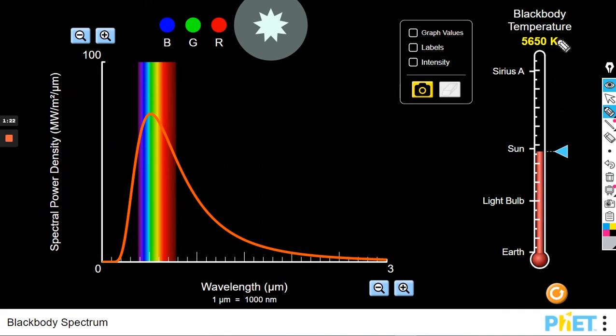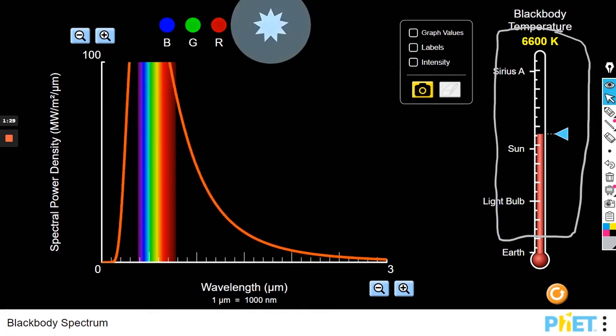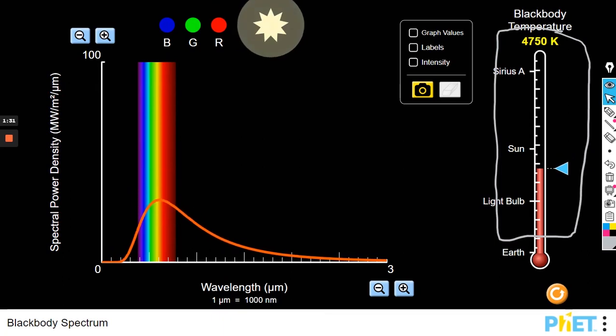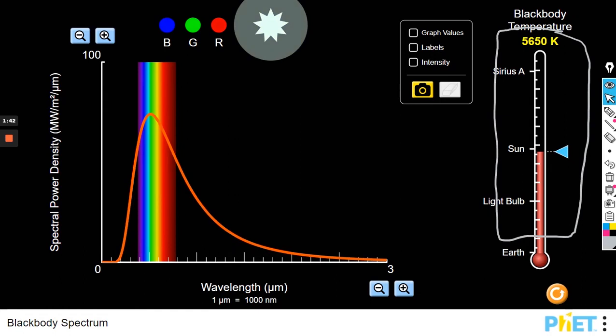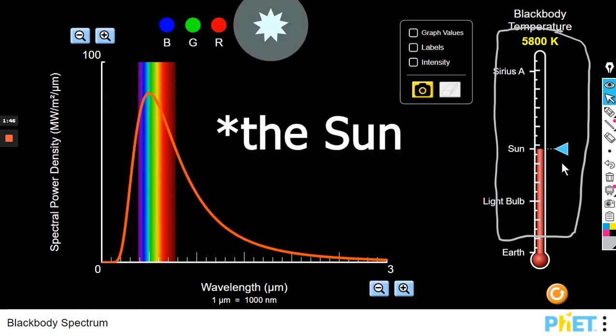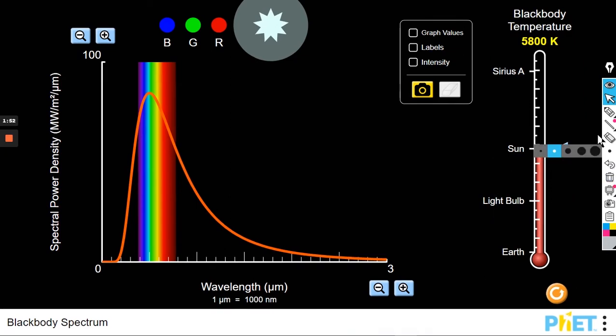On the right hand side here, you can see you have the temperature bar. This bar you can easily move up, and then you can see how the pattern of wavelength and density is changing, or you can move it down so that you can see how it changes when the temperature decreases. For our initial calculations, we'll keep it at 5800 Kelvin right here so that we can check the properties of the Sun.